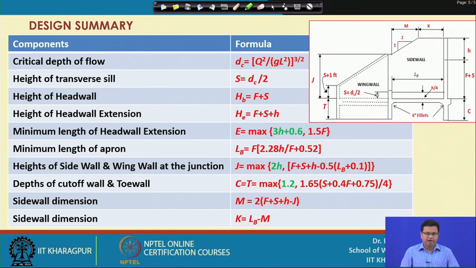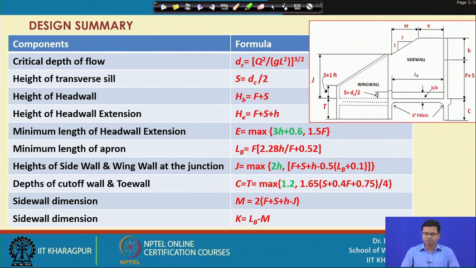height of transverse sill that equals DC by 2, height of head wall that is given by f plus s, f is known already, height of head wall extension that equals f plus s plus h, minimum length of head wall extension is given by the maximum value among 3h plus 0.6 and 1.5f, minimum length of apron is given by f into 2.28 into h divided by f plus 0.52, heights of sidewall and wing wall at the junction is given by the maximum value between 2h and f plus s plus h minus